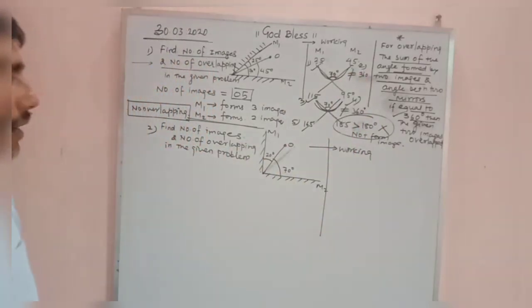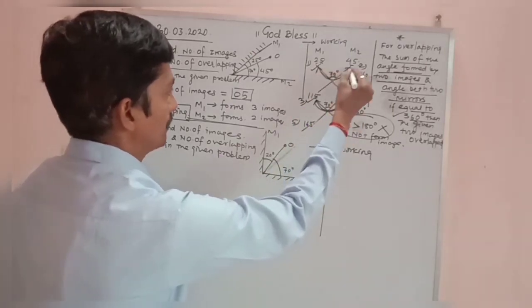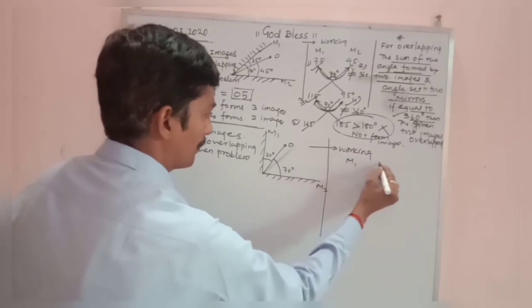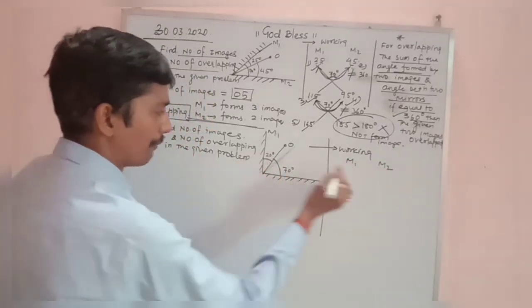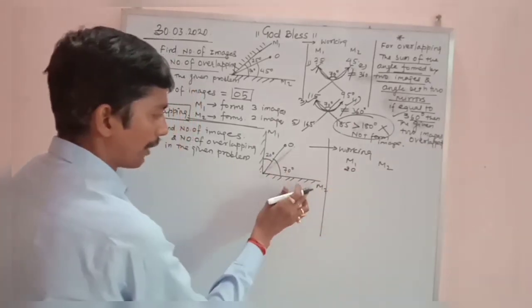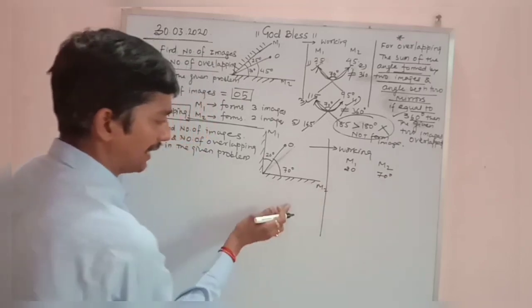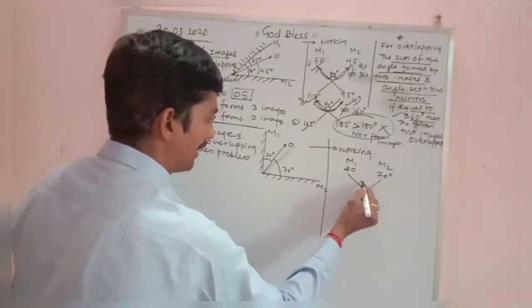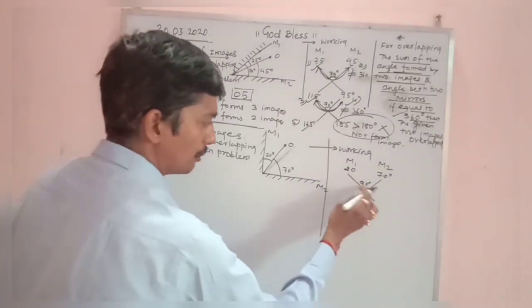Okay, now look at the next one. Look at the next problem I am doing here. M1 and M2 here. For M1 the object is at 20 degree, the image will form at 20 degree. For M2 the object is at 70 degree, the image will form at 70 degree on this side. Now crisscross, the angle between them is 90 degree, right, between the two mirrors. Now let's